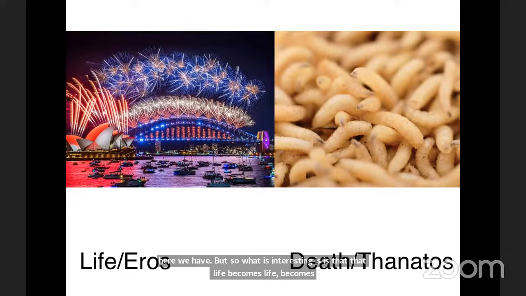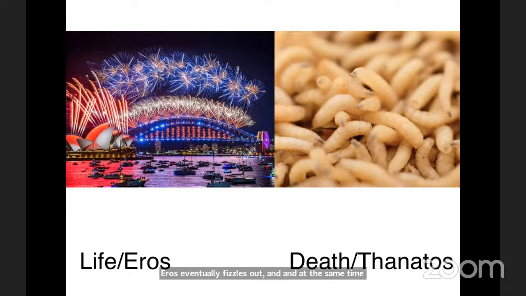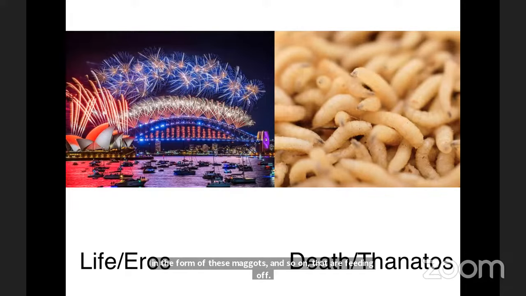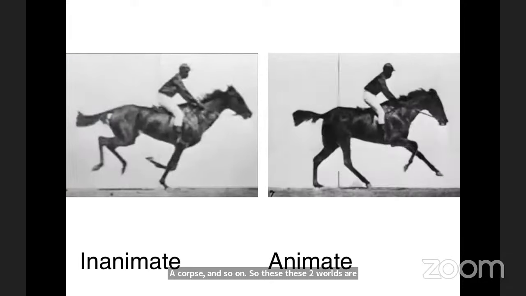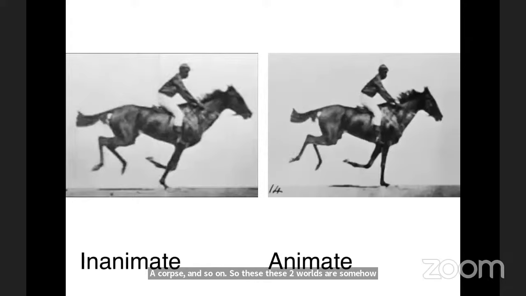Eros eventually fizzles out, and at the same time death breeds life in a kind of curious way. In other words, they actually feed into one another. Fireworks eventually will fizzle out. What is based on Eros will lead to Thanatos, and what is based on Thanatos and in death will breed life in the form of these maggots and so on that are feeding off a corpse. So these two worlds are somehow dialectically connected, and the same goes for the world of